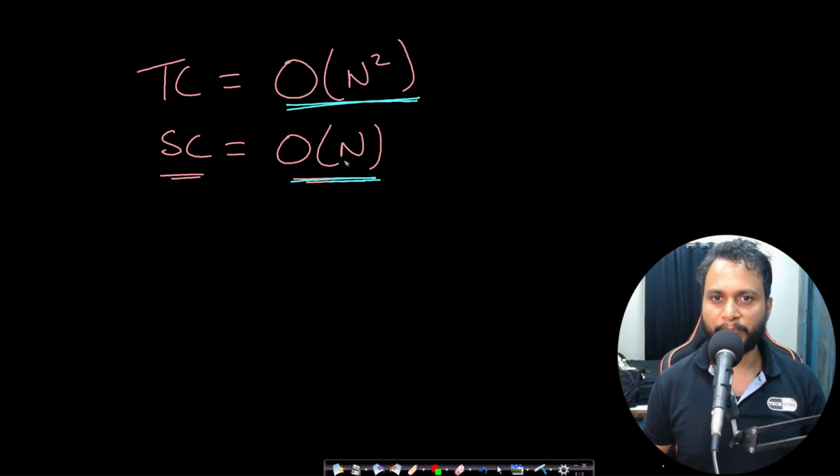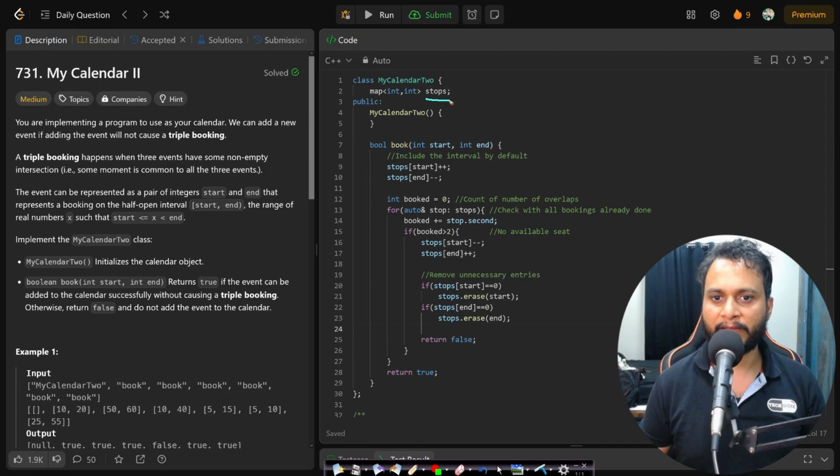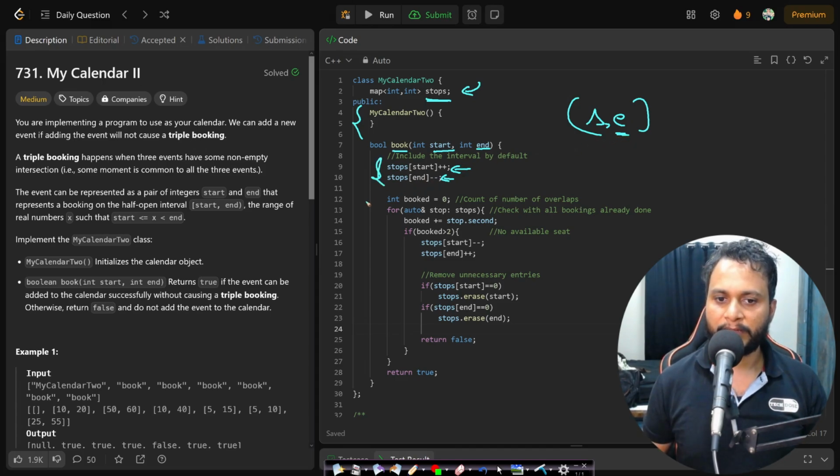Let us now look at the code implementation. This is my code for the problem where I have taken stops as global in the class, and in the main constructor I have not given anything. In the booking function, first I will take the interval start comma end s comma e, and I will be adding +1 value in the map, and I will be decrementing at the endpoint. So first I will be inserting the interval as I had shown in the dry run. Then I will be having a booking counter, which was the counter which I had taken starting with 0. Okay, I will be iterating through all the entries of the map, all the key-value pairs,